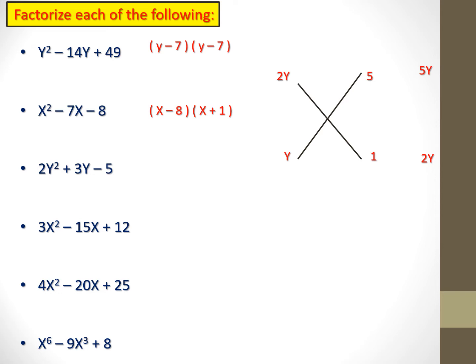So the last sign is negative, so the middle sign is for the greatest factor. It will be 2y minus 5 and y plus 1. Then we can factorize it as 2y minus 5 and y plus 1. The next example,